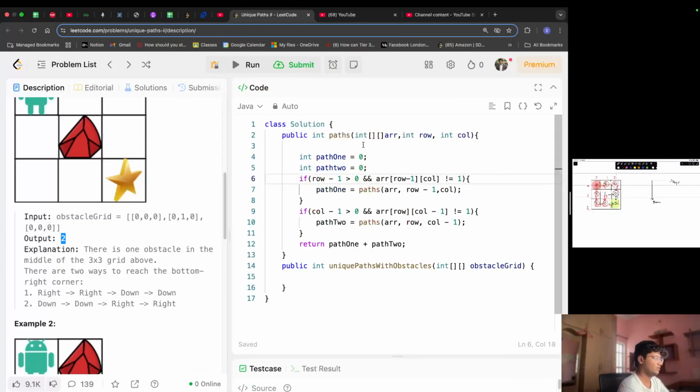Now what am I going to do? My base condition will change into: if row equals 0 and my column equals 0, I'm going to return 1. Now path 1 plus path 2, return path 1 plus path 2. Now what am I going to do here? I'm simply going to return paths with obstacle grid,